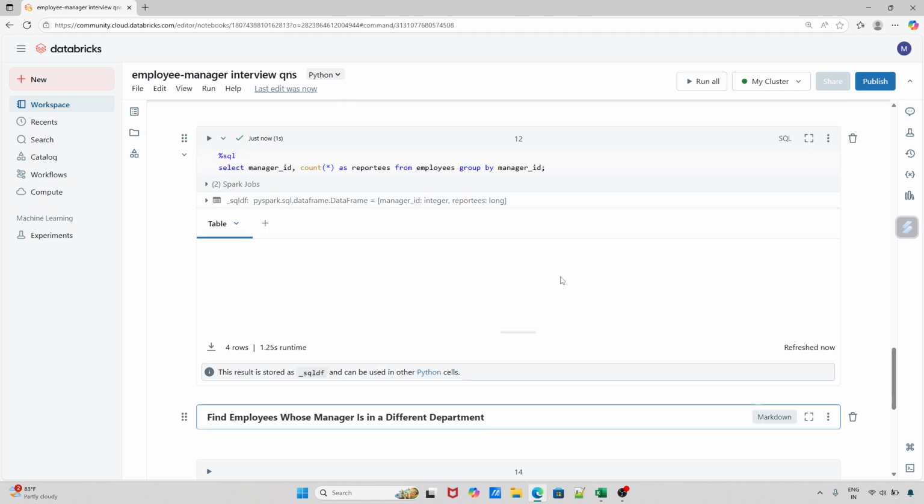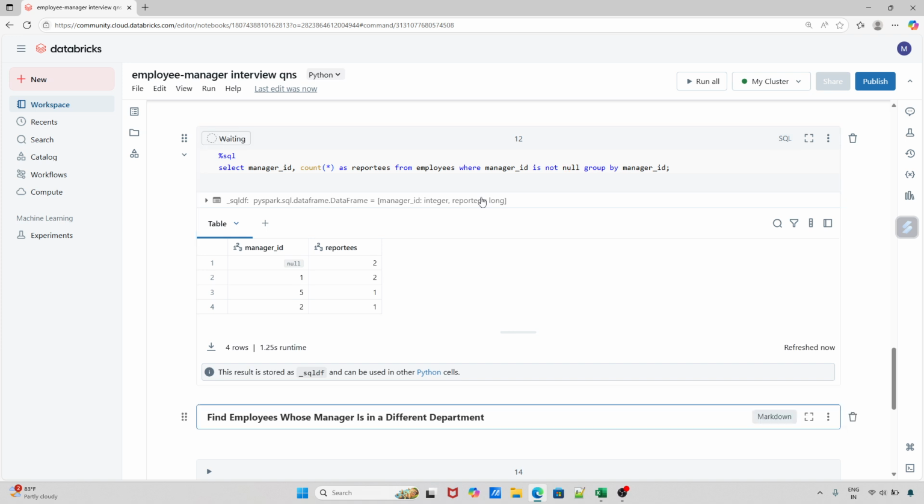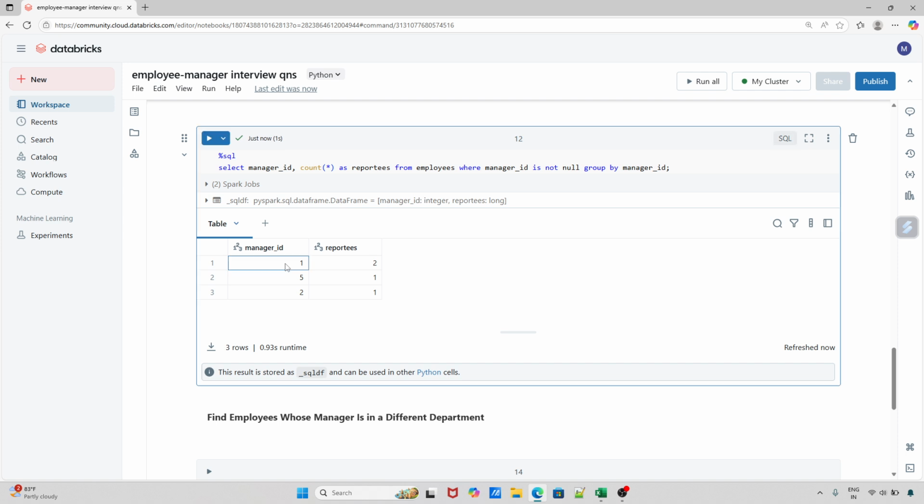Okay, so here in the output we are getting null. Okay, so let's exclude this from our output. Okay, we don't want null. Okay, we add manager ID is not null. So let's re-execute this. So you can clearly see, right, for manager ID 1 we are getting 2 reportees, and